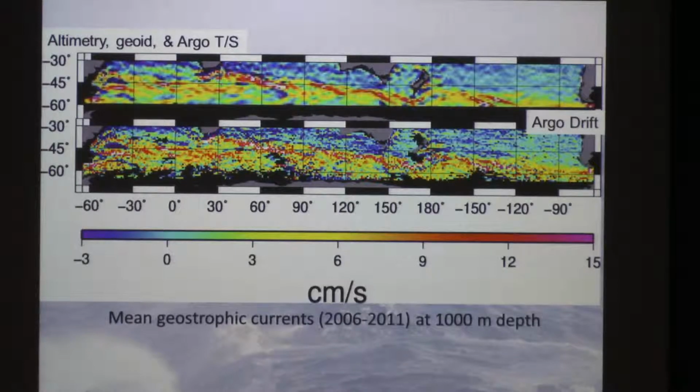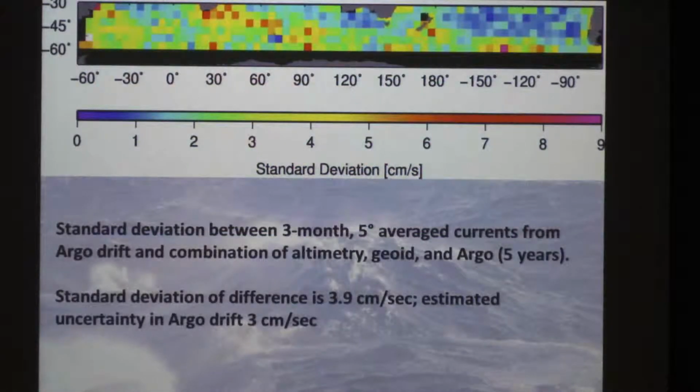You see the currents of about the same magnitude in the same locations, intensification near seamounts. The correlation is high. The standard deviation is within the expected errors. But we can actually start to look now at the temporal evolution of this as well and compare the data sets and do more formal statistics. And so if we look at 3-month 5-degree average currents from the Argo drift and this combination that we've done